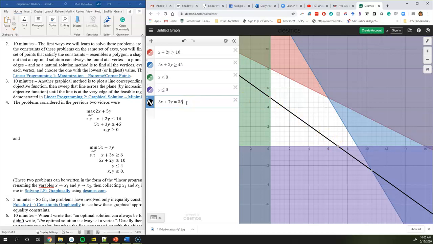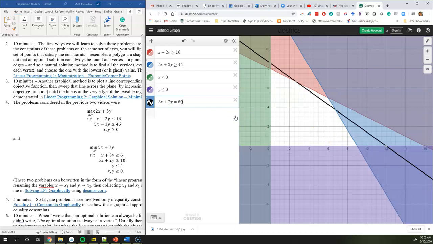Now 35 isn't special to us. We want to get a greater objective function value. So let's see all the points that have an objective function value equal to 40. All the points with an objective function value equal to 50. All the points with an objective function value equal to 60. And we can sweep this up little by little until we find that we've almost entirely,